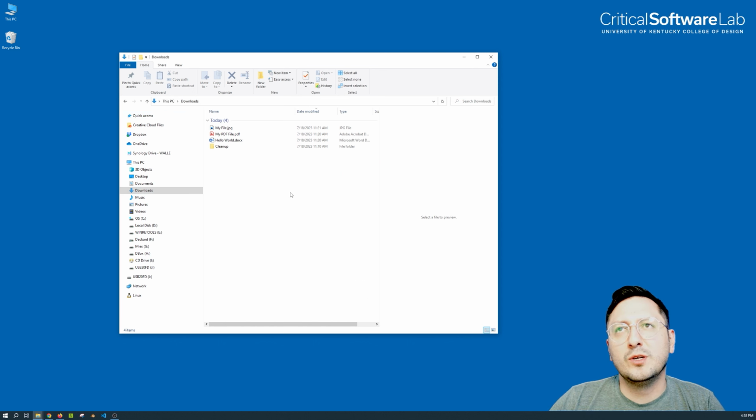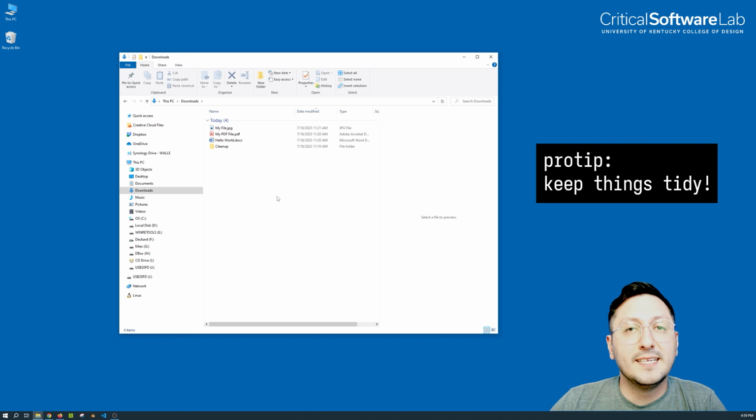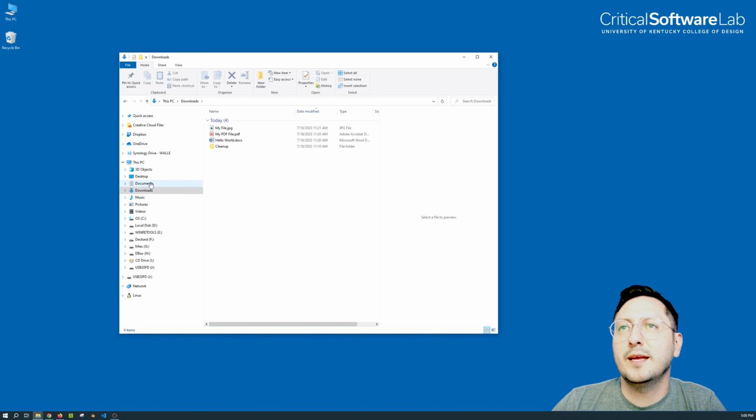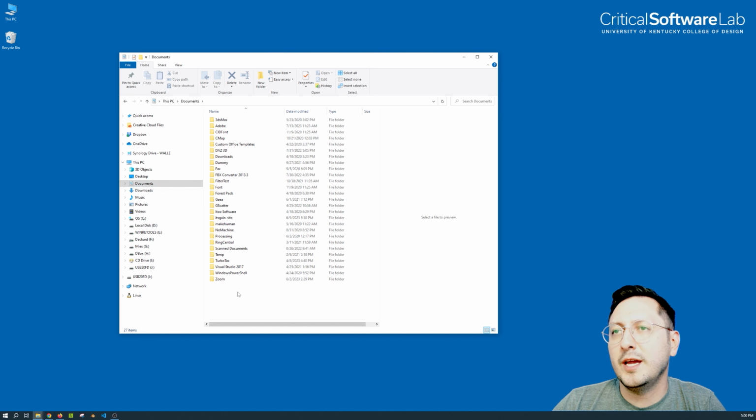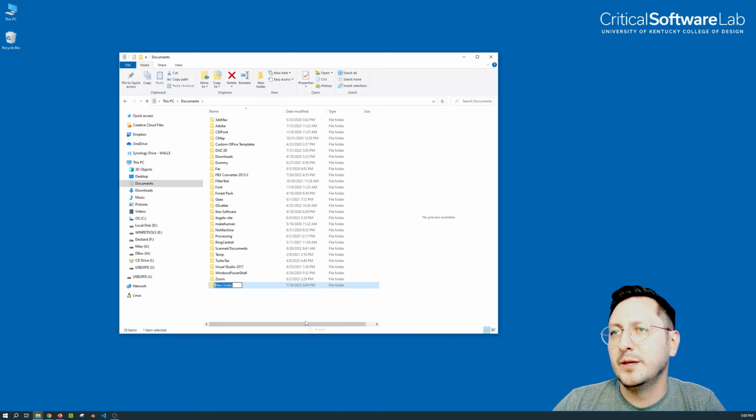The Downloads folder on Windows is a default folder where anything that you download from the internet gets stored. I highly recommend using the Downloads folder as temporary storage and not permanent storage, because it can get very cluttered very quickly. As an example of how to use the Downloads folder for temporary storage, let's go back into my Documents and let's create a more permanent folder in here by right-clicking, going down to New, and typing in New Folder, and I'm going to say